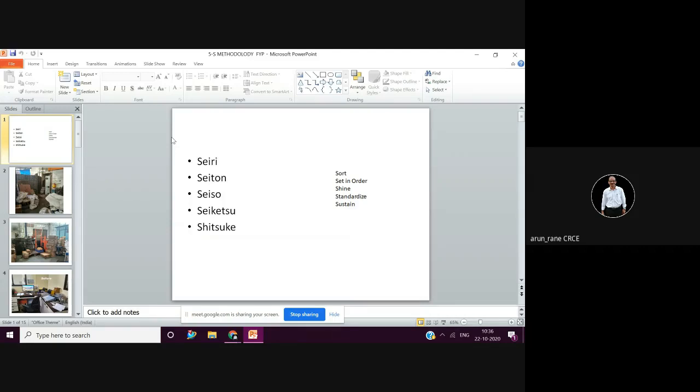You also, when you appear for GREs, even though you think, or your parent thinks, my child knows this and this. But unless and until you give the test and score it, you don't come to know where you stand, isn't it? So Seiri is nothing but sorting. And what I was telling, when the third party comes for evaluation, they ask for many documents. Show this, show that. Where is this file? Where is that file?